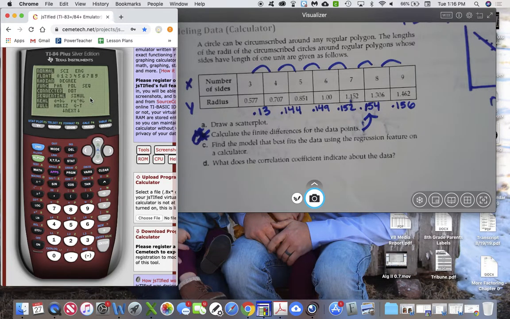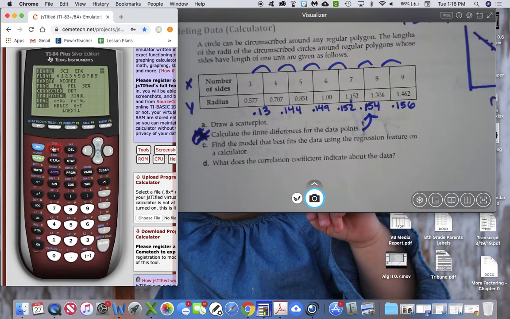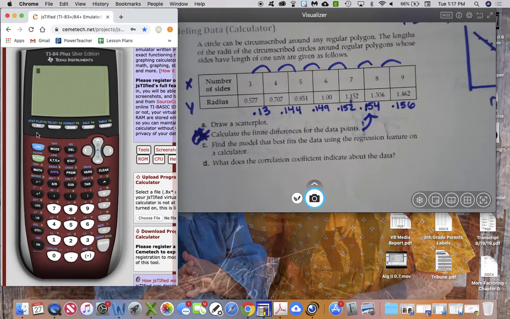Okay, are we good? All right, so our mode is right. Do you remember how to get off of the screen when you don't want to be on something? Second mode, so you're going to quit. Second mode. Okay, now, what I want to do is go, under the function